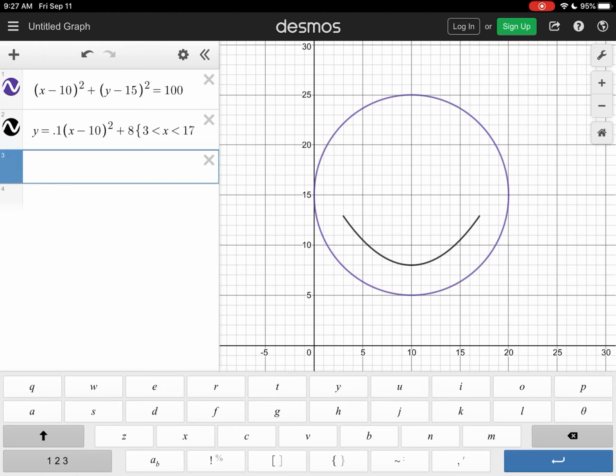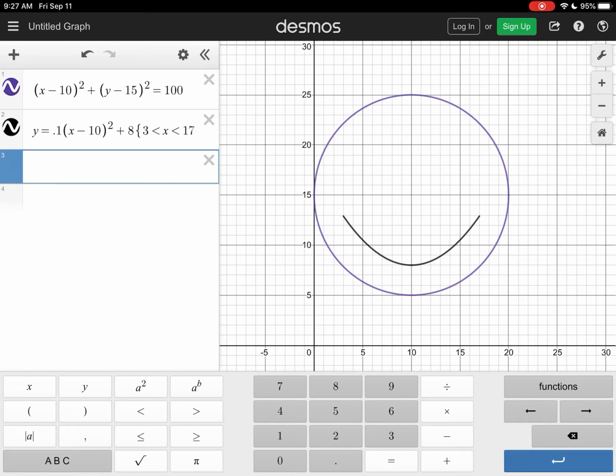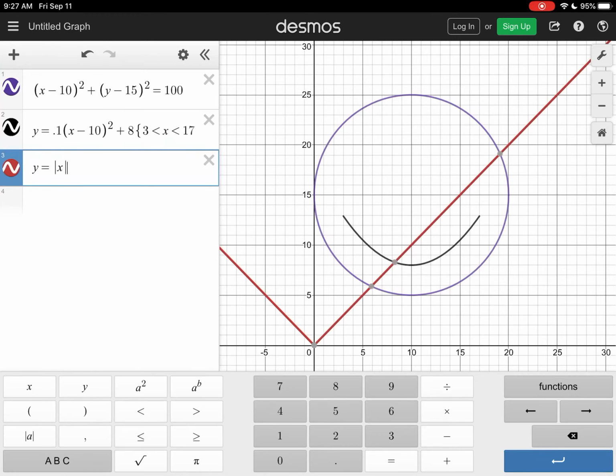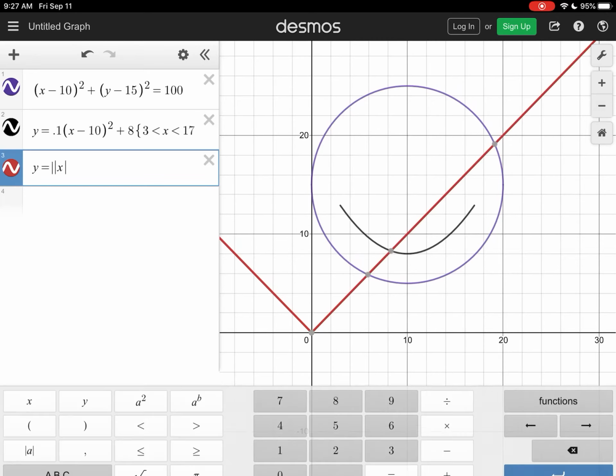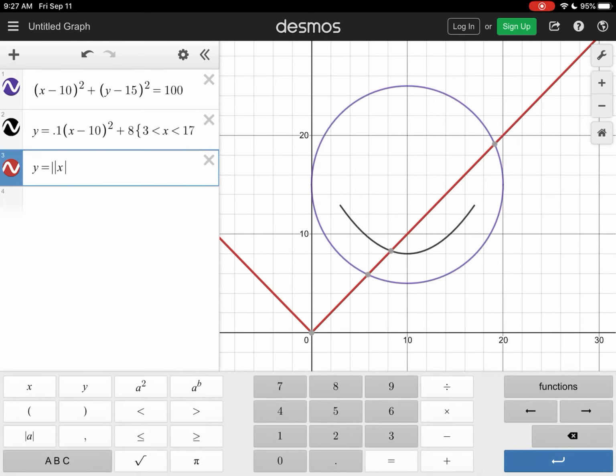I'm going to do one more function just so you guys can keep seeing how I'm working through these. And I'm going to try and make a nose for my smiley face. Now I want a pointy nose, so I think I'm going to use the absolute value function, which makes a V shape. So I type y equals the absolute value of x, and there's my parent function here. But I would like my nose to point up instead of pointing down like this one does. So to flip my V shape upside down, I just put a negative sign in front, and now it's going